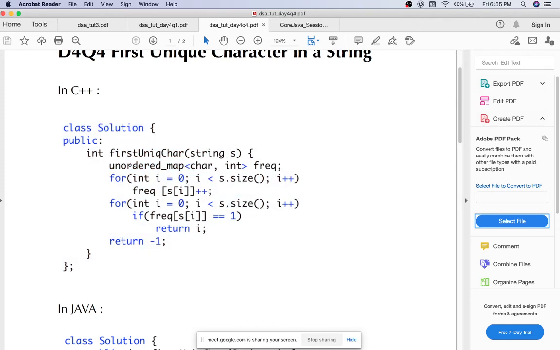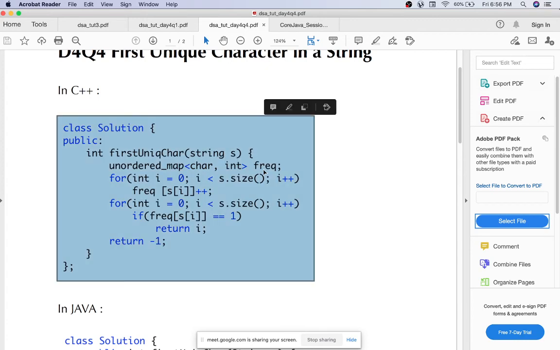So I've taken a simple unordered map. An unordered map is nothing but a key value pair. In an array we start at index 0, you put some value, at index 1 you put some value. In this, the index itself is a character and a value is put there. So this is what you mean by a map.